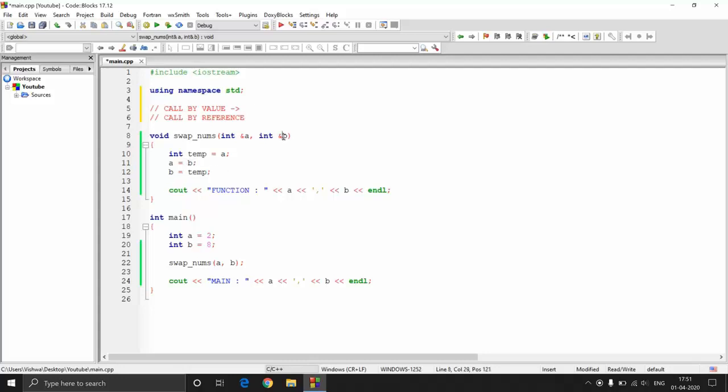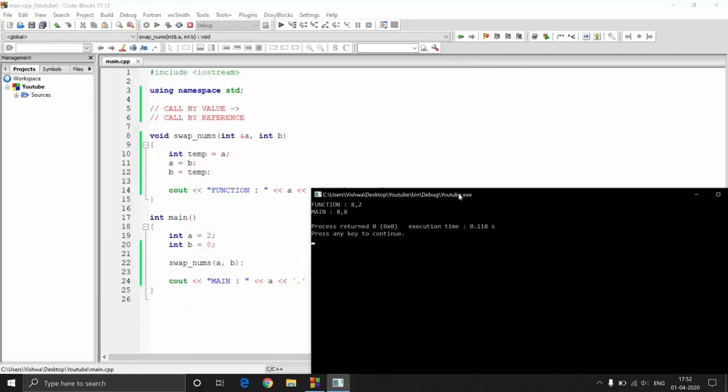So now instead of putting ampersand a and ampersand b over here, I can even put just b. You can use combinations. It totally depends upon the work of that particular function. Since I had to change both the variables, that is why I had to put the ampersand in both. If I want to change only a and not b, now if you execute this function, you will be seeing that a has changed to 8 and then b remains 8 inside the main function. That is because I did not pass in b as an address, but I passed in b as a value.